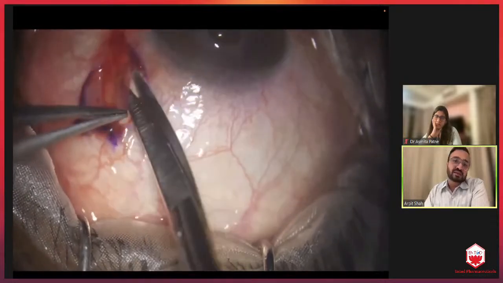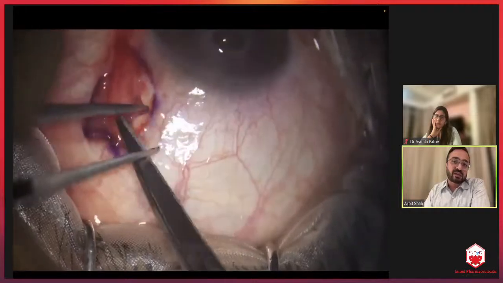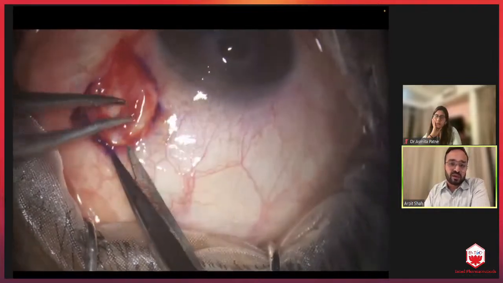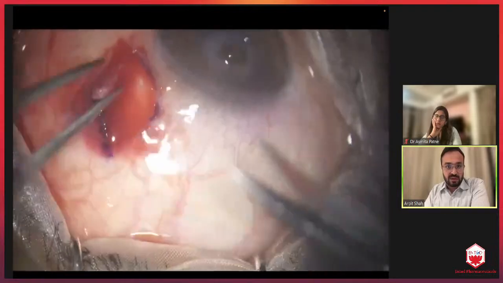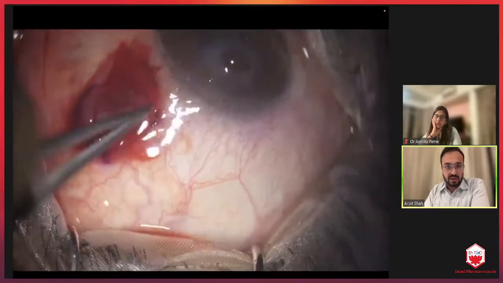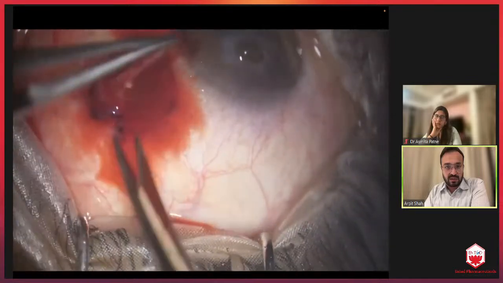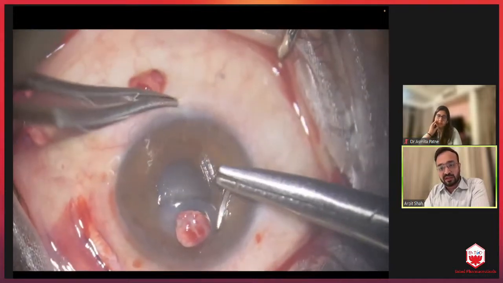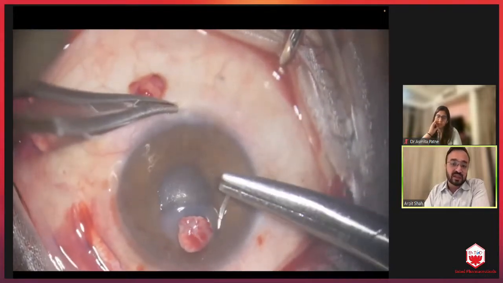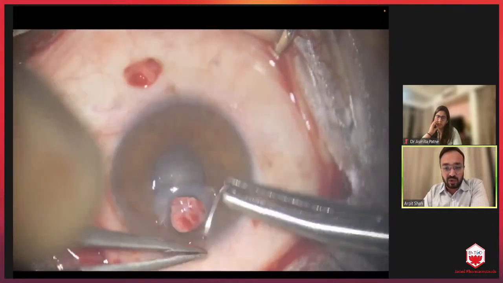Now the desired size of Tenon's is excised. After dissecting the Tenon's, if you want to reduce the size of it, you can cut it or you can add more.